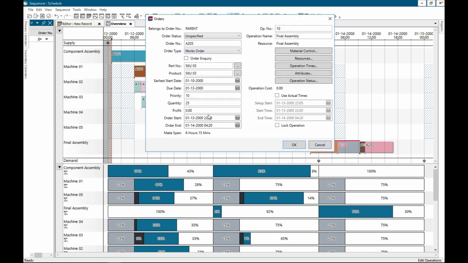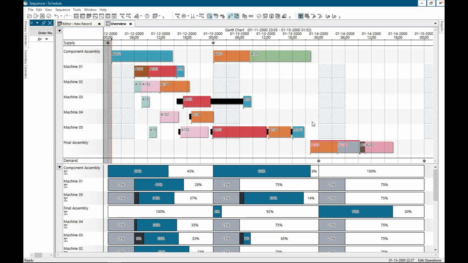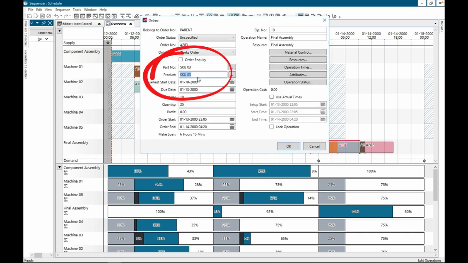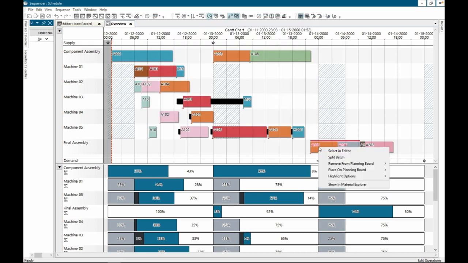So this is our work order, quantity 25, due date January 13th. And what are the work orders that are related with this final work order here, that is a work order for SQ03. So we can highlight